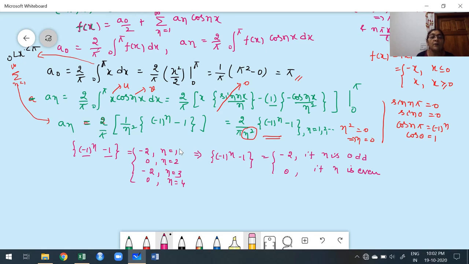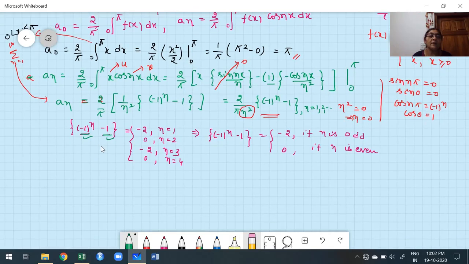I have to verify whenever inside the flower bracket, one of the terms is minus 1 to the power of n and another term is 1. Similarly, minus 1 to the power of n plus 1. There also, even cases are 2, odd cases are 0. Now keep in mind overall, inside the flower bracket, one of the terms is minus 1 to the power of n, one of the terms is 1. You verify that either in even cases we get a common non-zero value and odd cases are 0, or the reverse. Odd cases maybe you get a non-zero value, even cases are 0. It depends upon what type of expression you have inside the flower bracket.